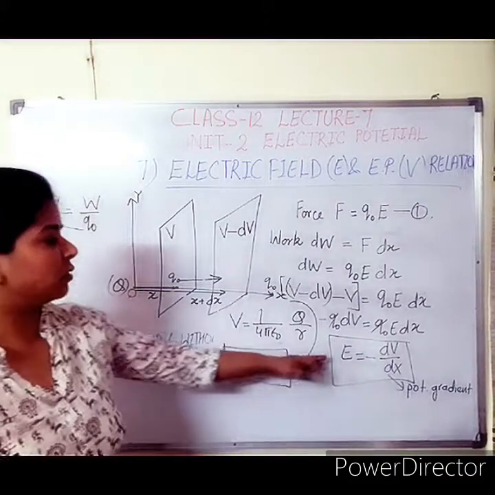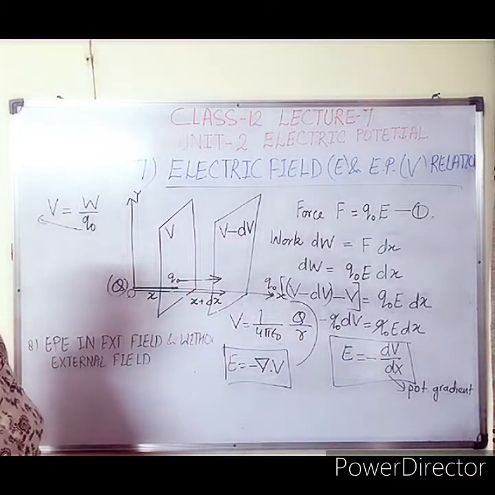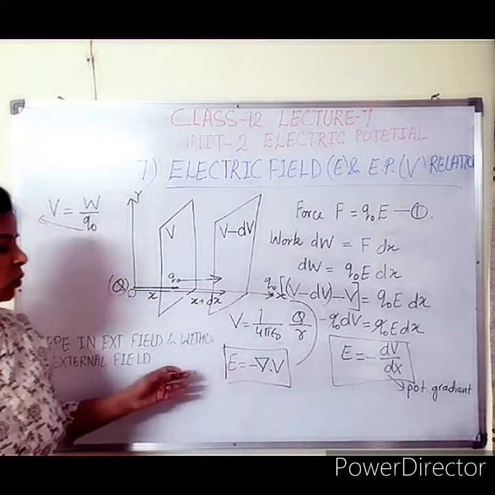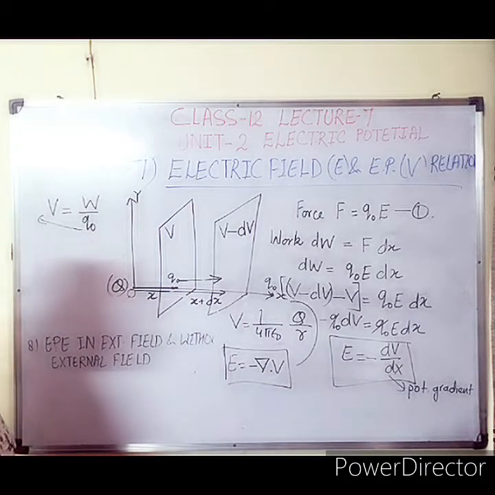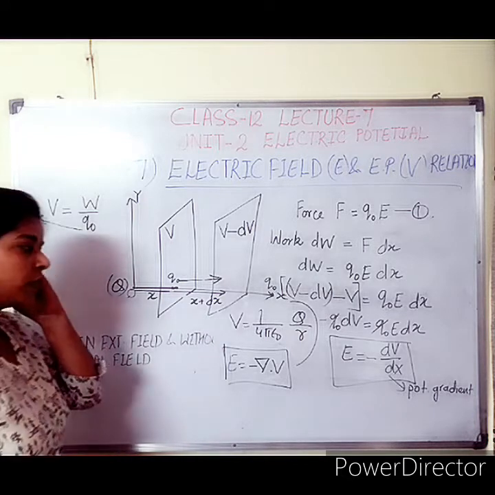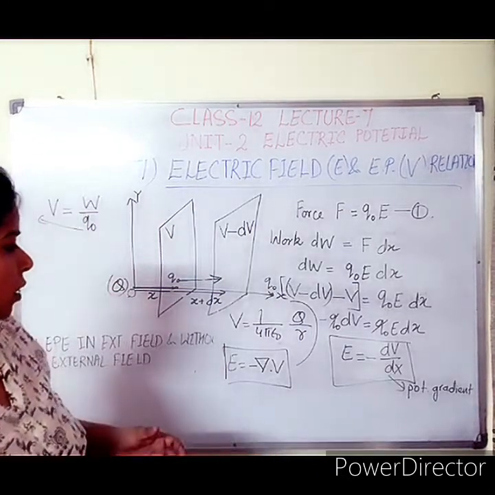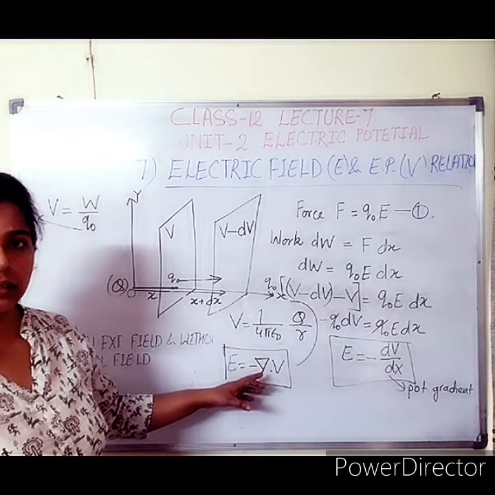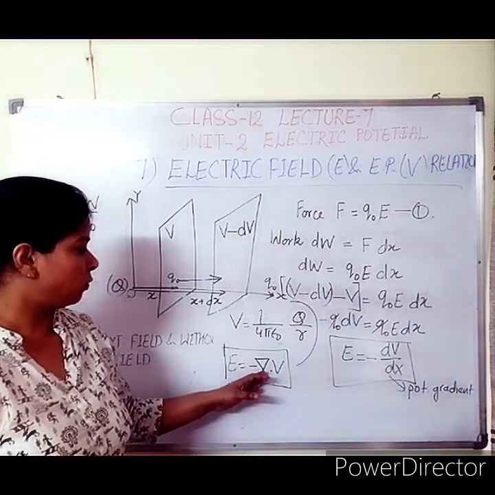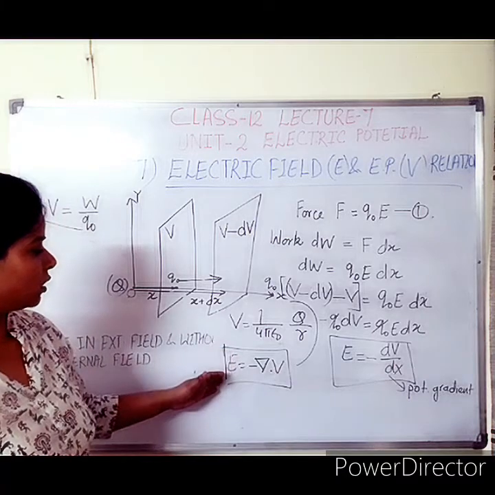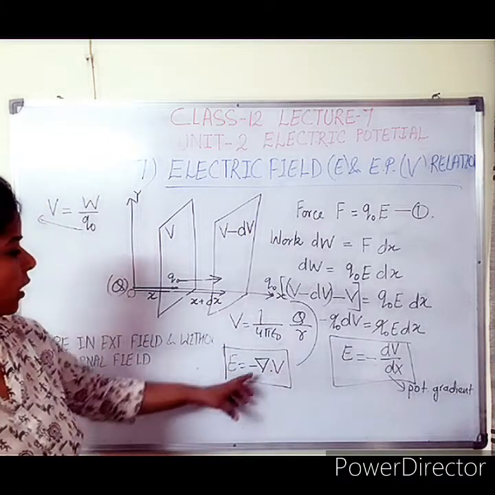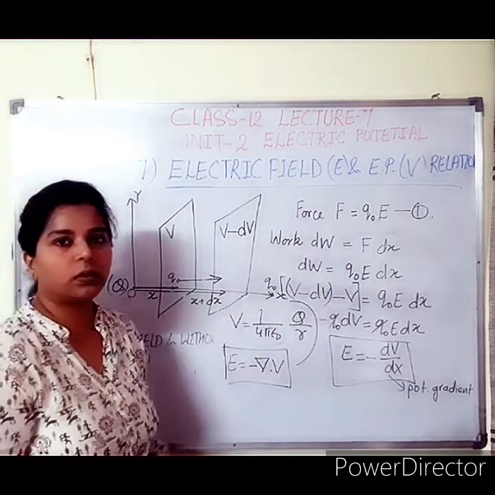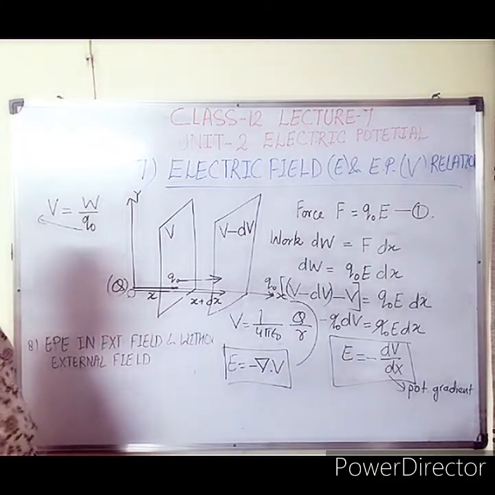And remember, the electric field is a vector quantity and electric potential is a scalar quantity. There is a relation between scalar quantity and vector quantity. When you go through vector analysis, there is one important topic of mathematics which will come in graduation, in BTech as well as in BSc. Vector analysis is one of the most important books of mathematics. There you will see a relation between vector and scalar in this way: gradient of V. So E is equal to minus del V. You can note this down.